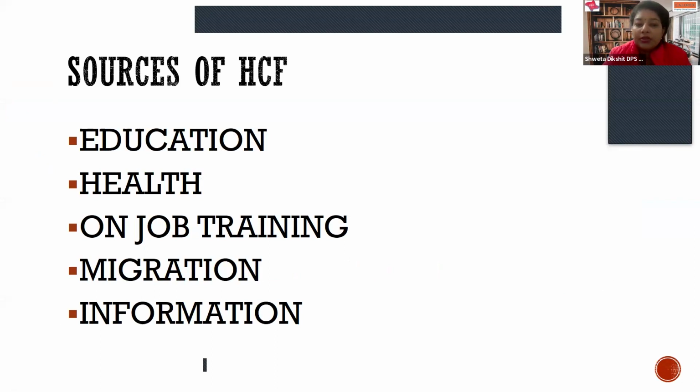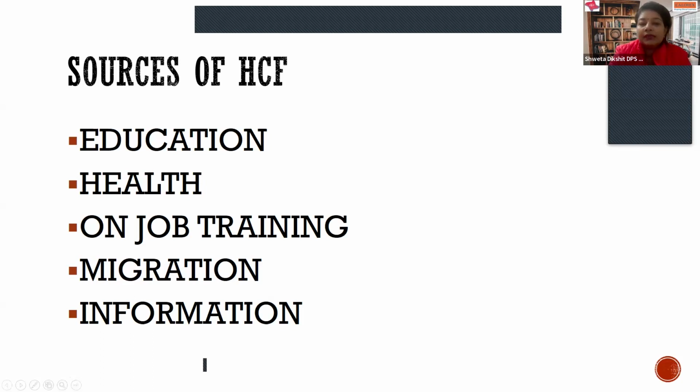Human capital formation is a process of converting the normal population of a country into a skilled one. Formally, it is defined as the stock of skills, training, health, and education, which is productive and adds value to the economy. So, how is this human capital formation done? What are the sources which are helpful in the process of human capital formation? You must have learnt it and you must remember that the most important factor is education.